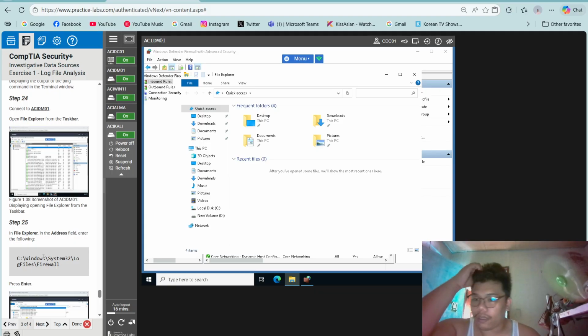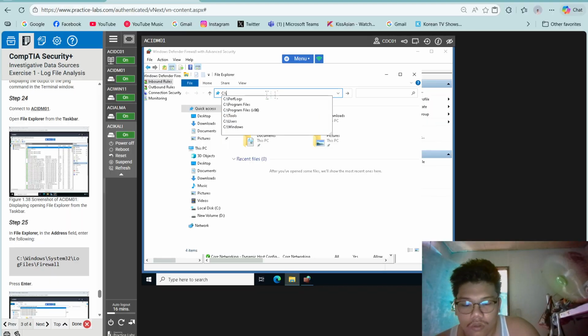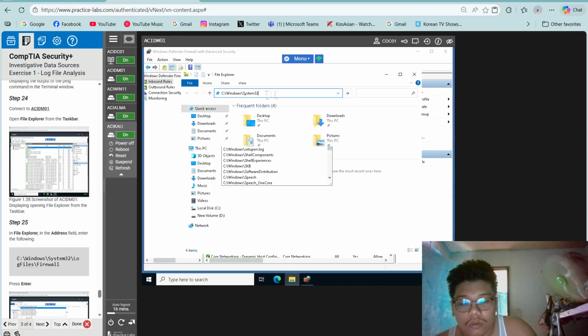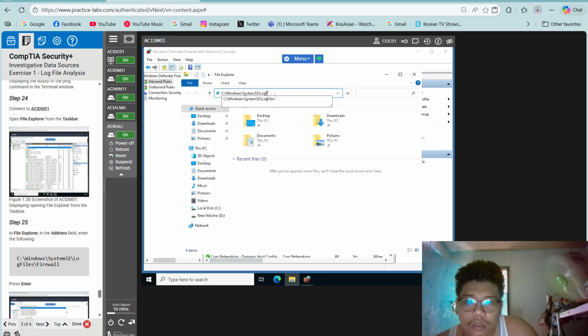Then step 25, in File Explorer, in the address field, enter the following: C:\Windows\System32\LogFiles\Firewall.